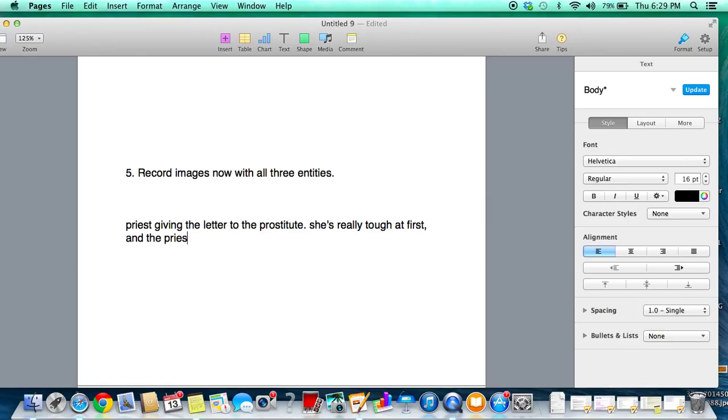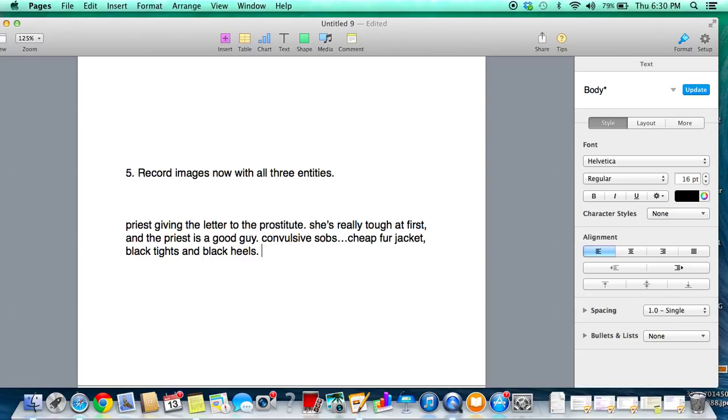And the priest is a good guy. I see him being a good guy. And what I see is after she reads the letter, I see convulsive sobs. And I see her wearing a cheap fur jacket, black tights and